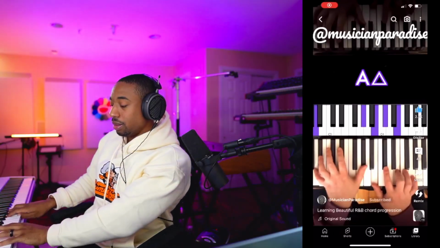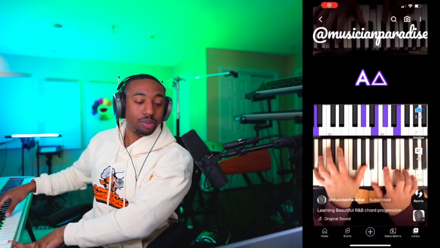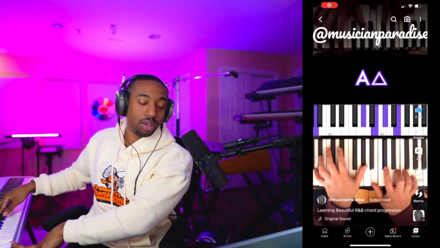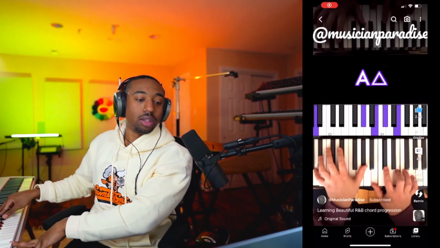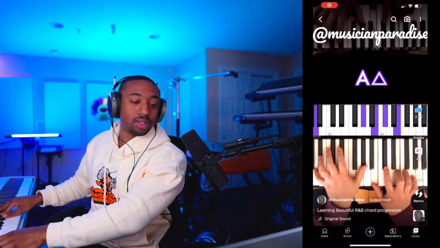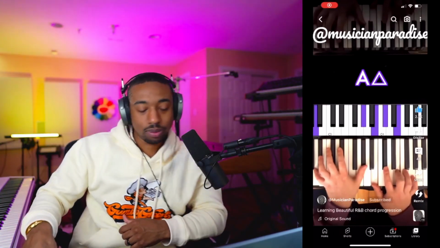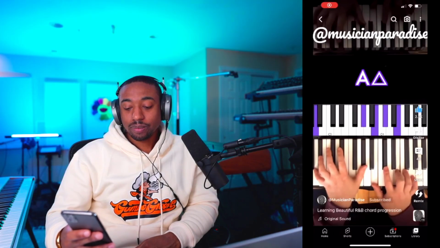You can take the A, move it down an octave, and now with the right hand, the same fingers that you would be using, you could insert the extensions to that chord with your right hand. So you're playing the chord extensions with your thumb and your pointer finger, and you're playing the root in your left hand. So that allows you to play big chords really easily. I'll make a separate video about it. I don't want to keep going on and on and on. But that's a different way of voicing your chords for R&B.